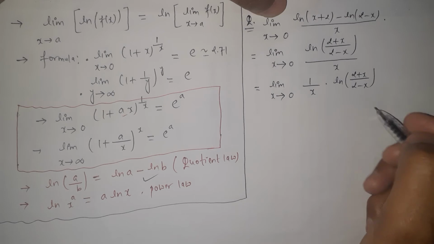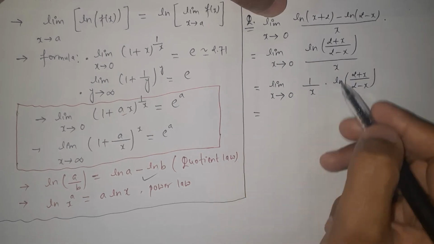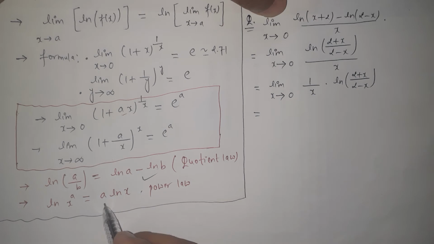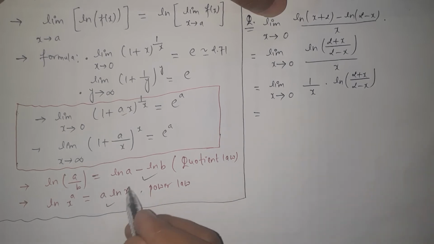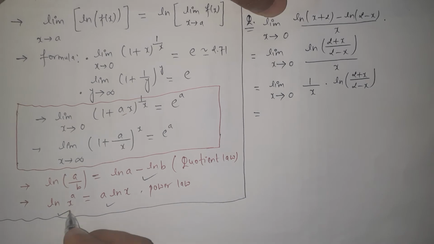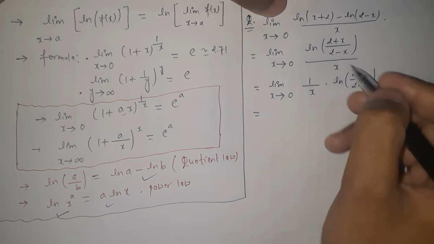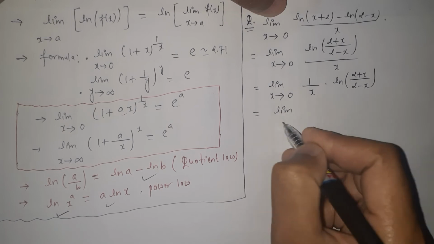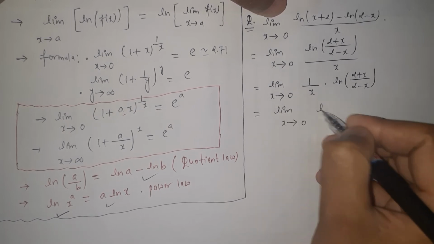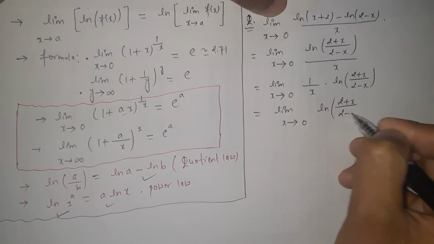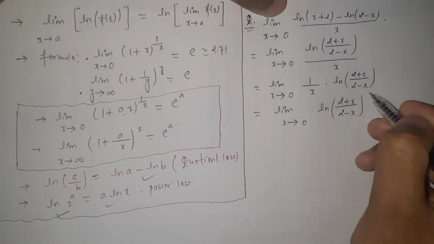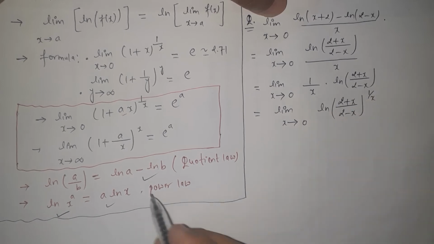Here we simplify it. We have a form like this property: some number times the ln, so we can put this number on the power of the argument. This is the power law on the logarithm. Let's write it in that form: the limit as x approaches 0 of ln of 2 plus x over 2 minus x raised to the power 1 over x. Here we use this power law of logarithm in this step.